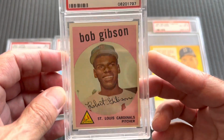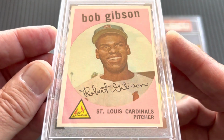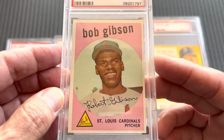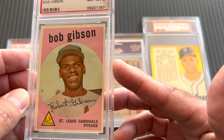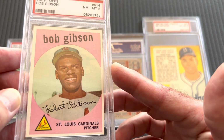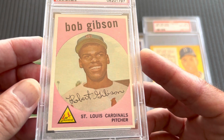It's a nice, beautiful card. You could see the corners are nice and sharp. It's just a nice card. It looks like it came right out of the pack with a nice gloss. Some of these, you really got to see them in person to see how nice and